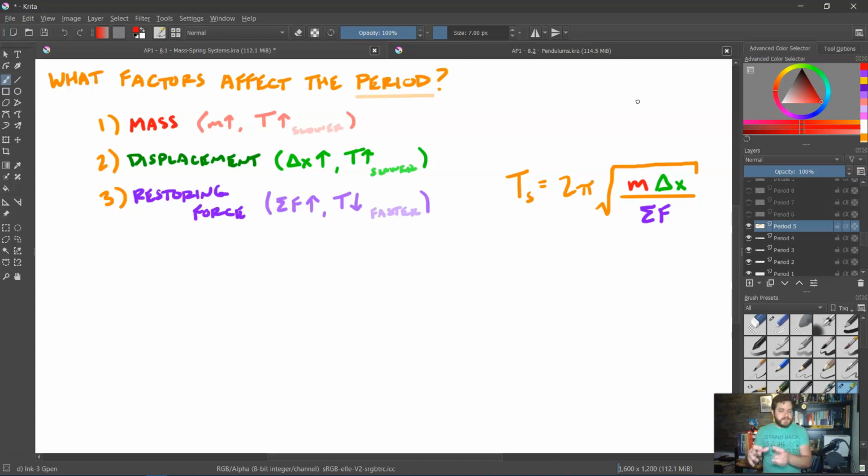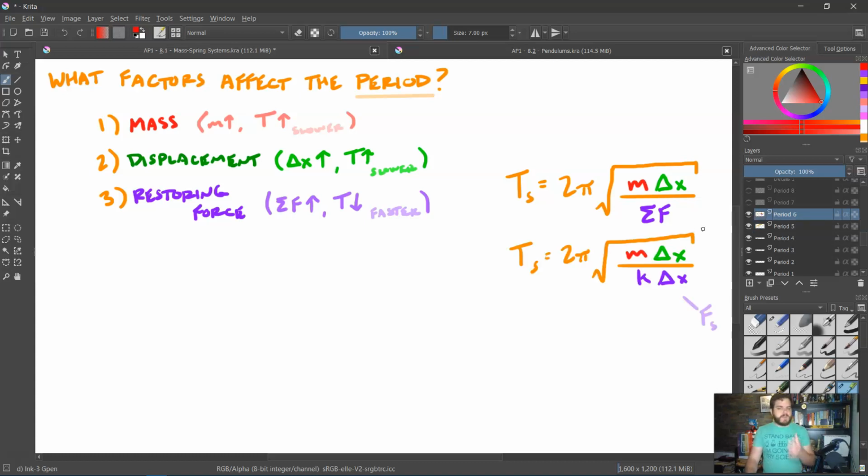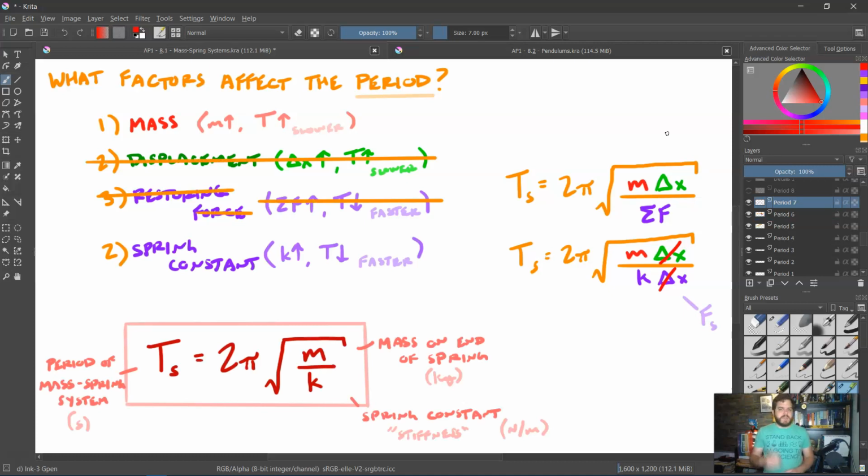of these factors. However, we can simplify these factors a little bit because we can remember, the restoring force for the horizontal system is a spring force, and even for the vertical system, even though it's not exactly the spring force, it's going up and down with the spring force, so it follows a similar pattern. And what would happen is, we look at this and our displacements cancel, and we're left with this equation here, that the period of a mass spring system is just 2 pi, the square root of m over k, where T_s is the period in seconds, m is the mass on the end of the spring, we're not worried about the spring, in kilograms,